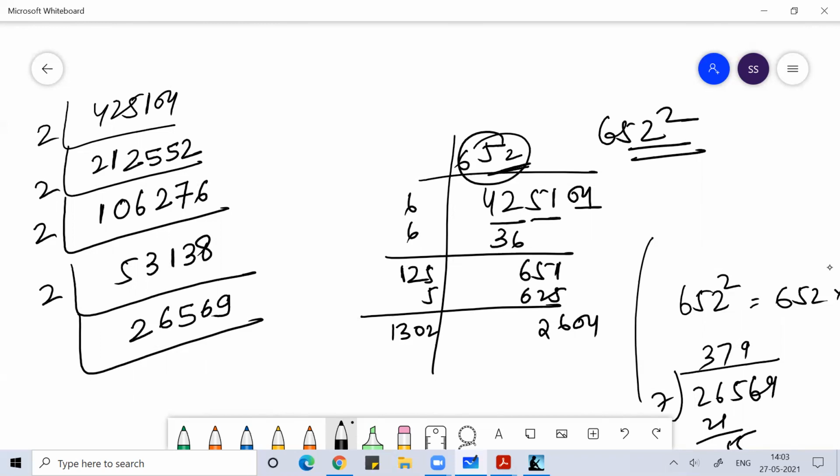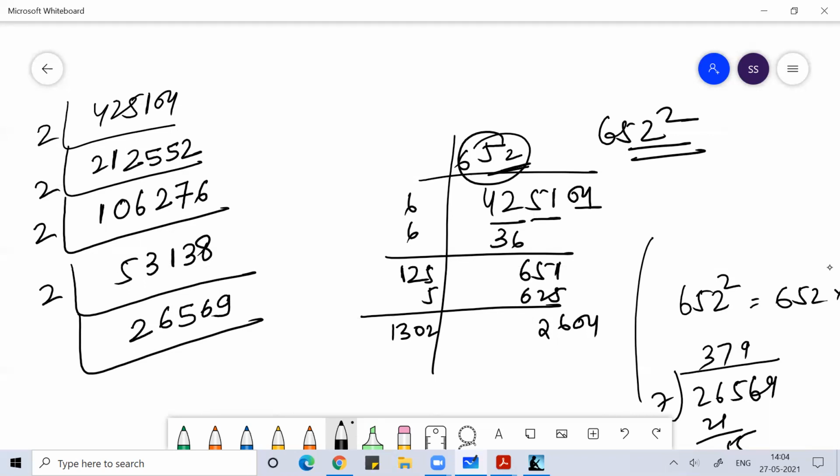163 किससे जाएगा? एक मिनट ना। 163 7 से तो नहीं जाएगा, 11 से नहीं जाएगा, 13 से नहीं जाएगा, 17 से नहीं जाएगा, 19 से भी नहीं जाएगा, 19 की टेबल में नहीं आता है। 163 मेरा प्राइम नंबर है। 163 इज अ प्राइम नंबर।